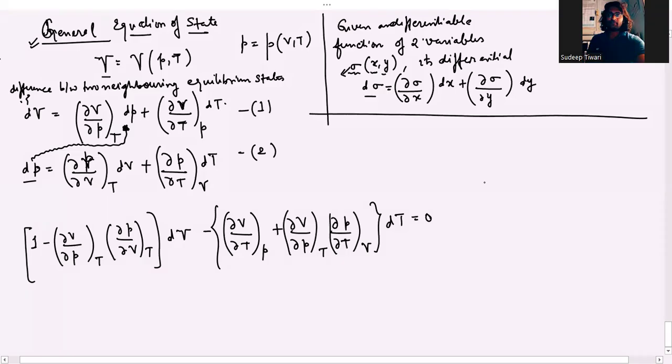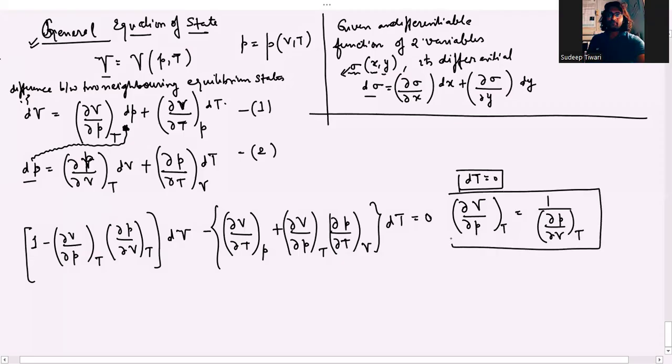So if there are two states which are at the same temperature, then dT would be 0 for them. And if dT is 0, then I'll simply get del V upon del P at constant temperature is equal to 1 upon del P upon del V at a constant temperature. If I write dT equal to 0, then I get this. What does it imply? It implies that we have obtained a mathematical relationship,